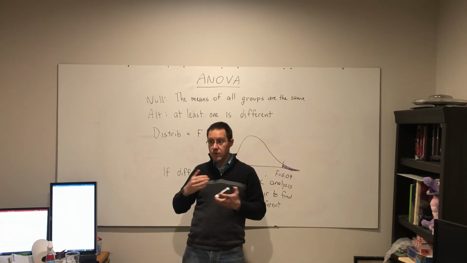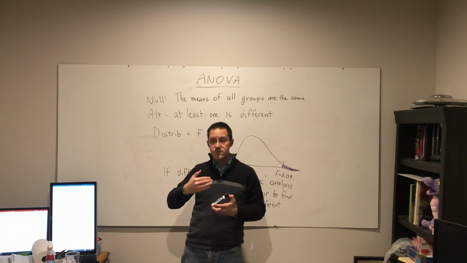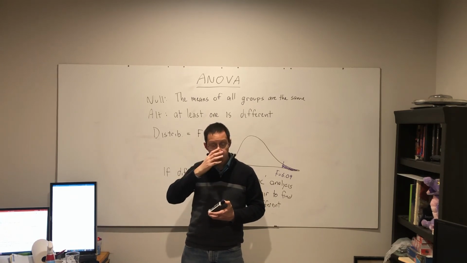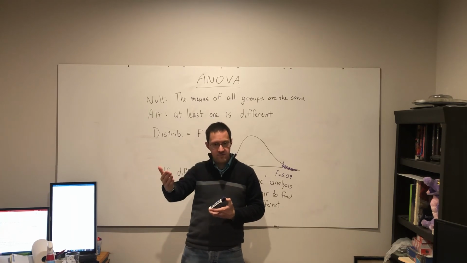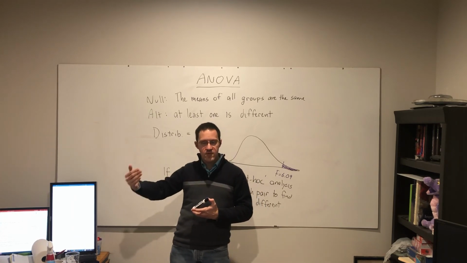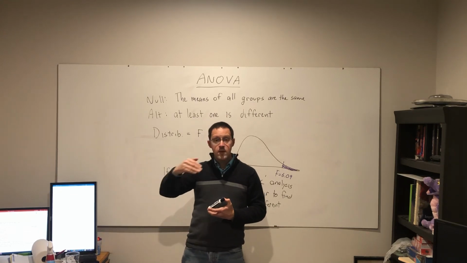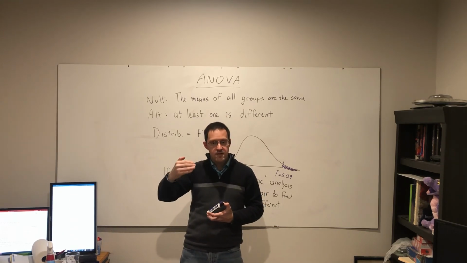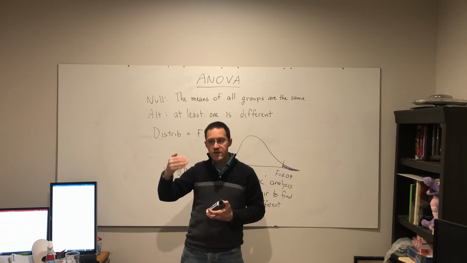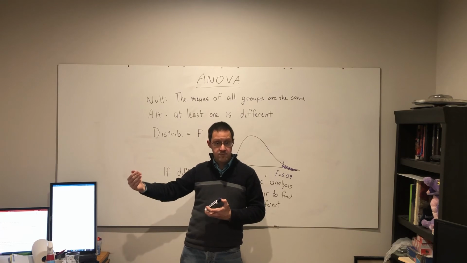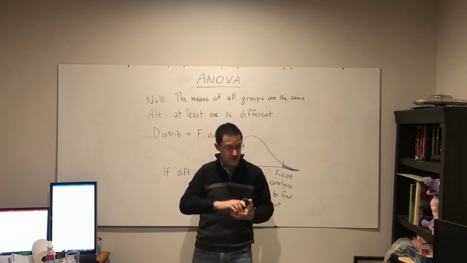It can be a bit more muddled, where I might find A against B is the same. A against C is different. A against D is the same. But B against C is the same. C against D is different. B against D is the same. So what I've found